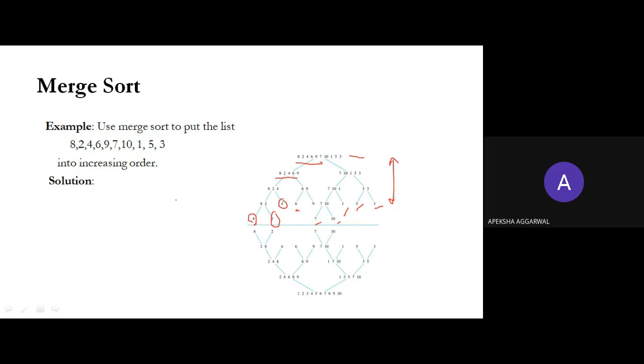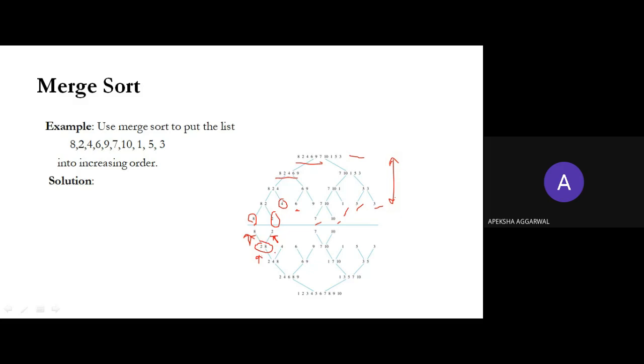Now have a look at this over here. You have element 8 and you have element 2. You merge them in such a way that it is sorted. You keep your first pointer over the left sublist and your second pointer over the second sublist, and you merge these two by picking out the smallest number first from the two numbers you are comparing. From 2 and 8, 2 was smaller, so you add it to the new list, which is 2, and the remaining element was 8, so you add it to the list: 2, 8.